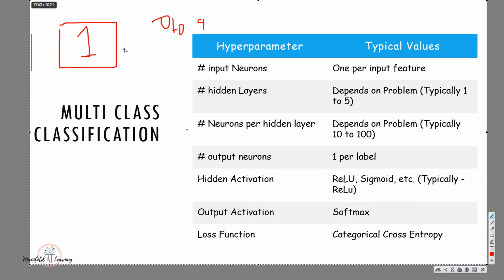So each image can have one of 10 values, 0, 1, 2, 3, 4, 5, 6, 7, 8, 9. So I have to classify a single image into one of 10 classes. That is what is called multi-class classification. Now when I'm dealing with such kind of problems, in my output layer, I'll have one neuron for each label. So if I'm dealing with multi-class classification which has 10 classes, then in my output layer, I'll have 10 neurons.